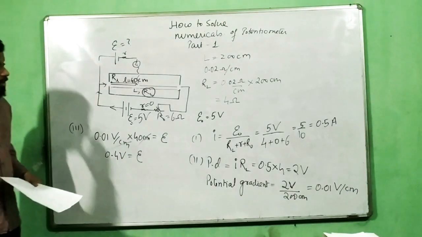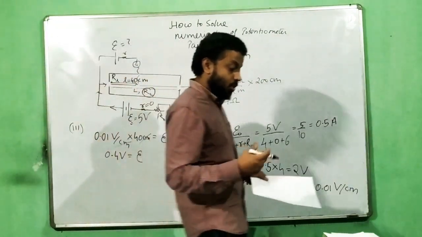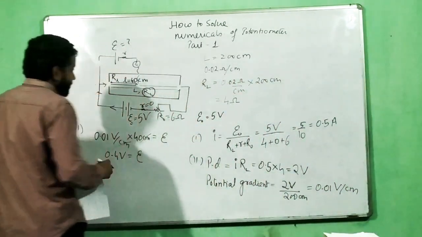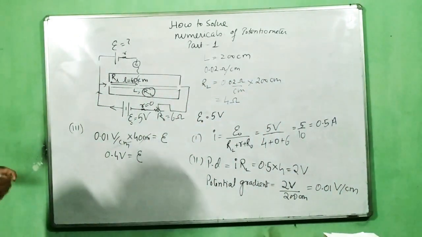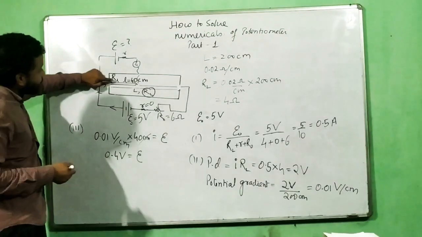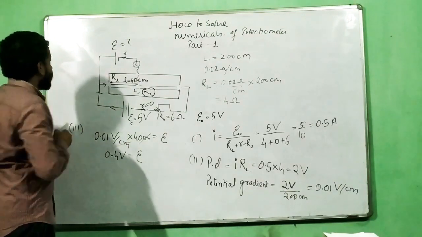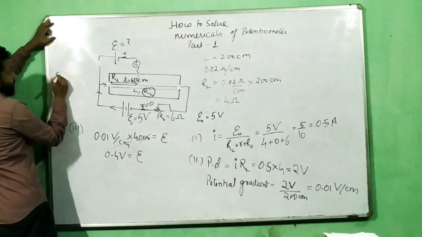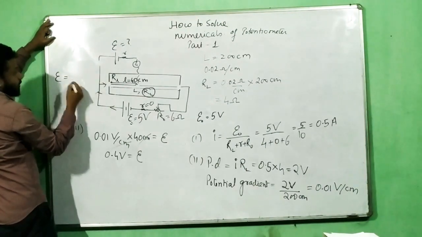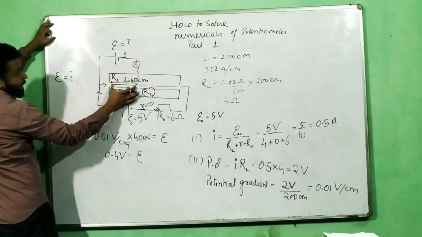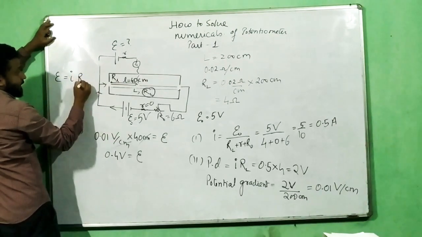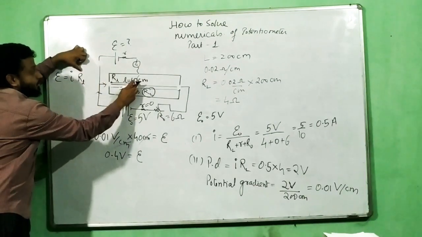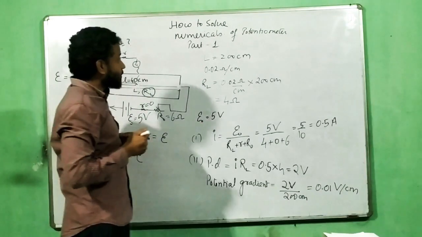Now just imagine if I have to do this in an alternate method. The last part especially, alternate method. Alternate method will be like this. I will directly find the resistance RL. If I go as per the book, this EMF must be equal to the current flowing in the circuit multiplied by this resistance directly. Now what is this resistance? This resistance is the resistance of length 40 centimeter.